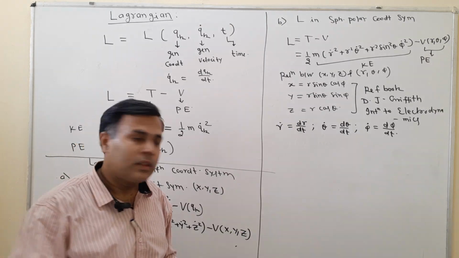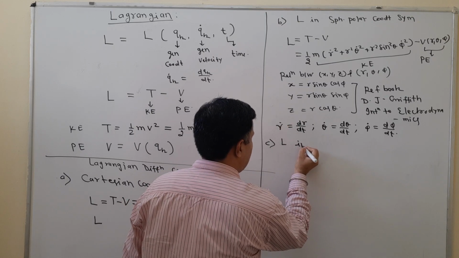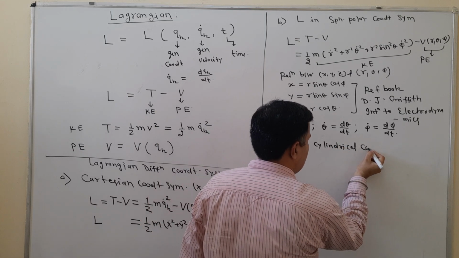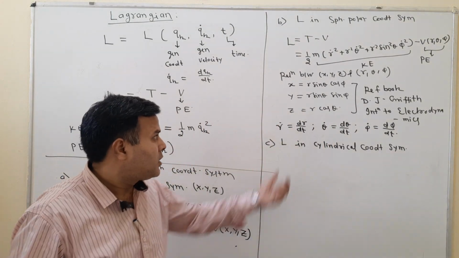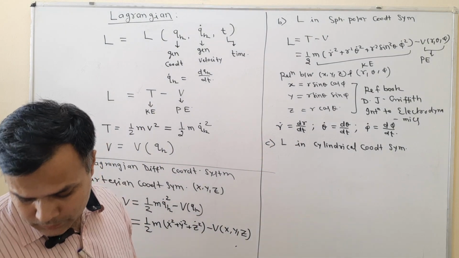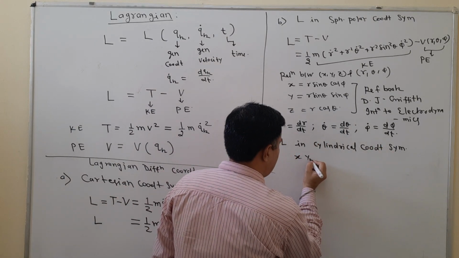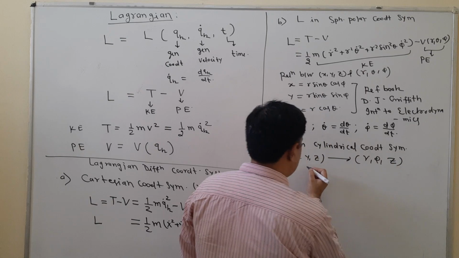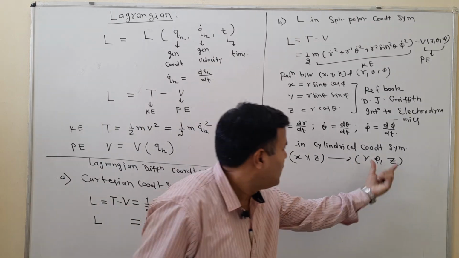Next we have the cylindrical coordinate system, and the Lagrangian in the cylindrical coordinate system. So what is the relation? Again there is a relation between x, r, theta. What is the cylindrical coordinate system? If this is x, y, z, then here we have r, phi and z. This is Cartesian and this is cylindrical coordinate system, r, phi, z, because I am just following the standard symbols